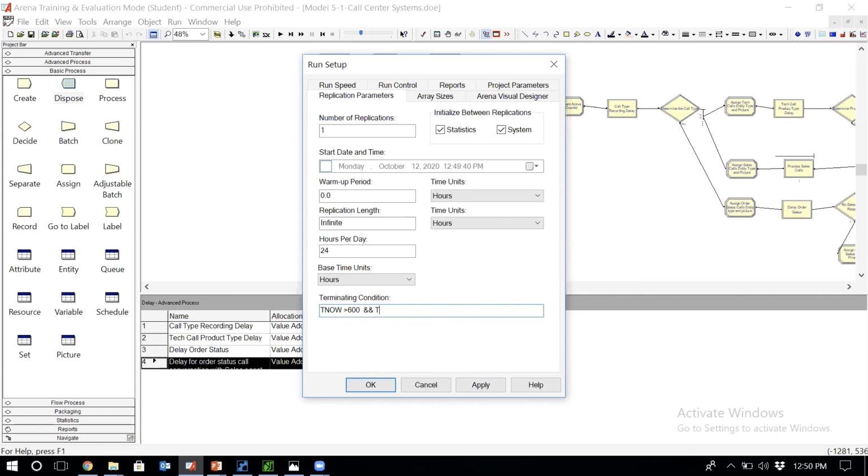Exactly. So I need to check two things. One, have I passed 6 p.m., and two, are all the entities, the calls that are in the system, out? How did I track the number of calls that are in the system? By the total work in process variable. That's why I calculated that variable in the system. And when that is equal to 0, meaning that no one else is in the system, then I'm going to stop the simulation. Just pay attention, I have to put these